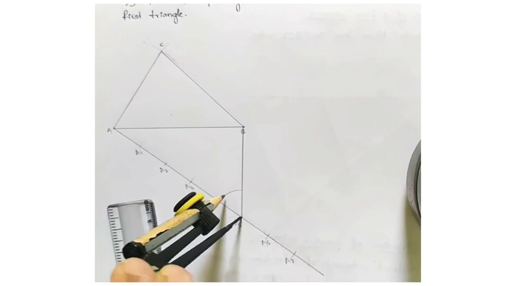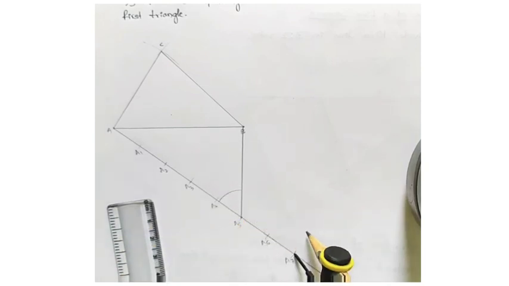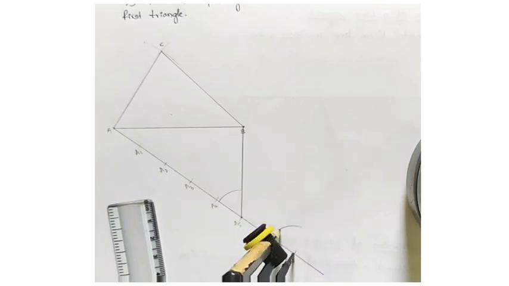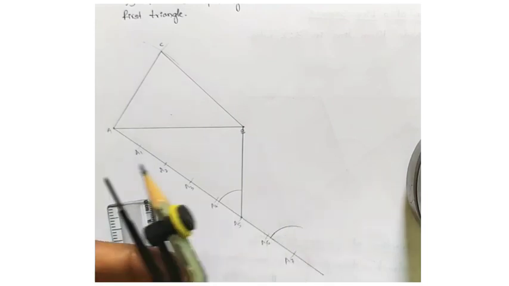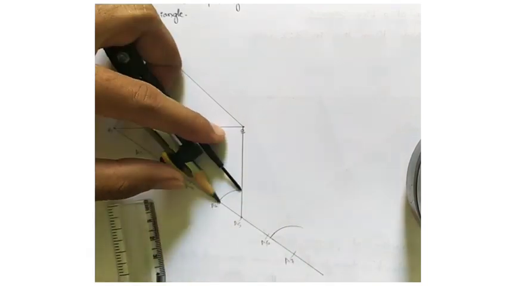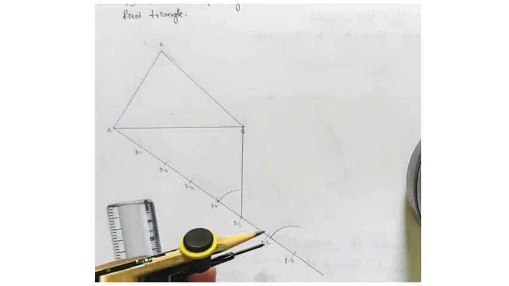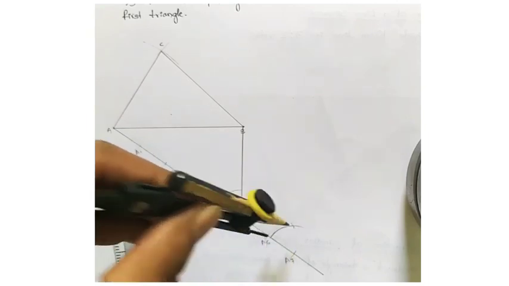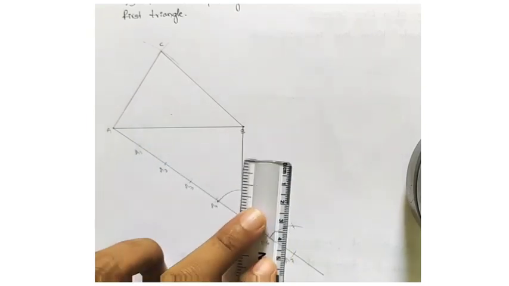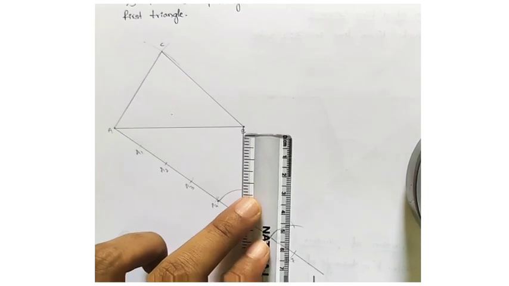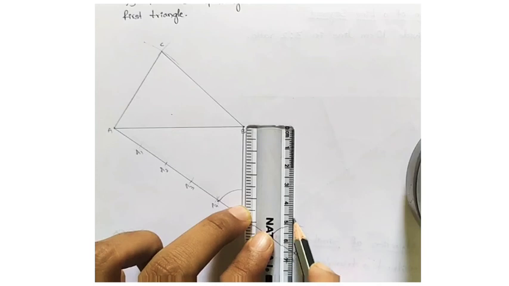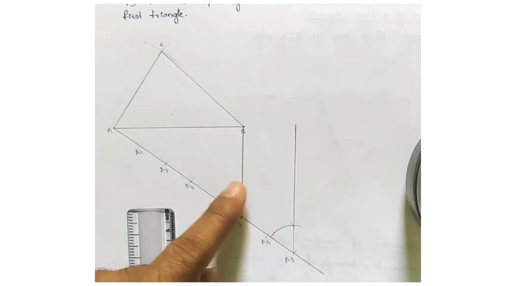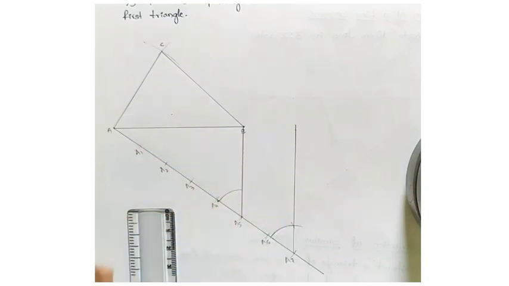Here we get the one arc without changing. Make the same arc from the 7. Okay, now measure that arc and cut the second arc with that measurement. Okay, now draw a line passing through that intersecting point. It will be parallel to the earlier line, that is B to 5.